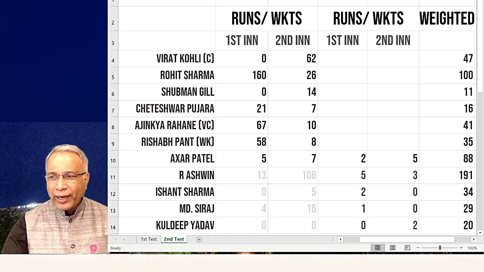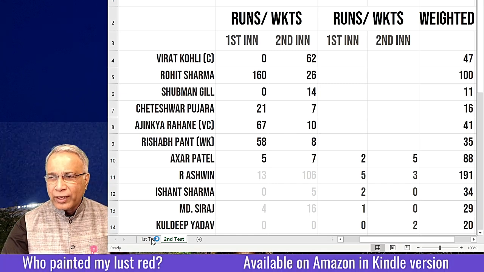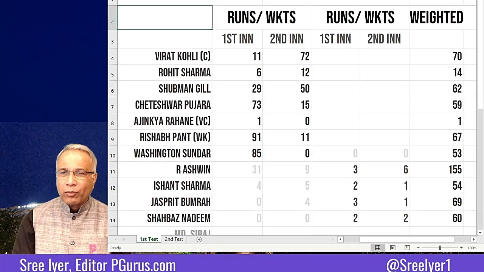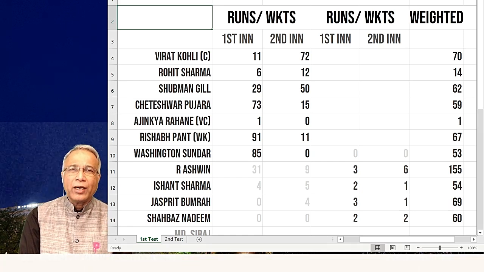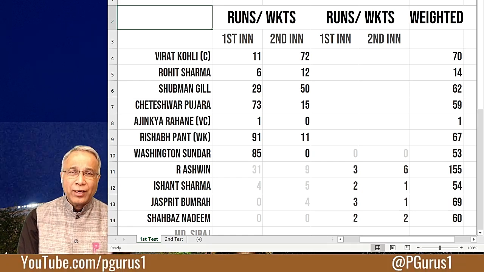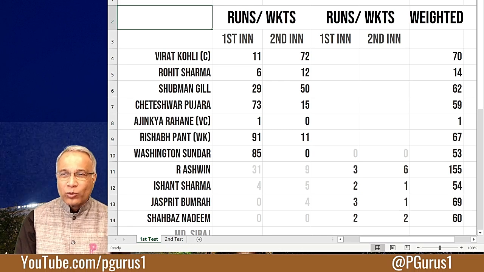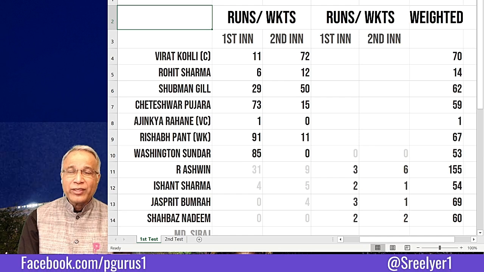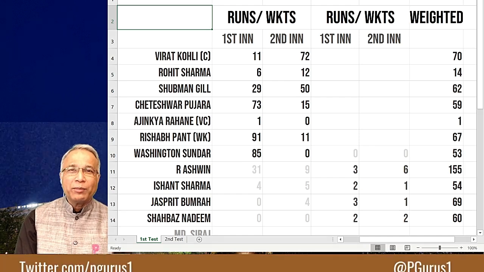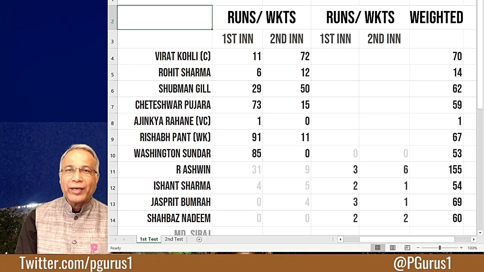Now, let's go back and apply the same numbers to the first test so that your weightage becomes clearer when I apply the same bowling weightages. In this also, you see Ashwin has got 9 wickets. It's almost like a double 100, which is why his score is 155. Now, bowlers win matches and catchers win matches, but you have got to take 20 wickets to win a test match.